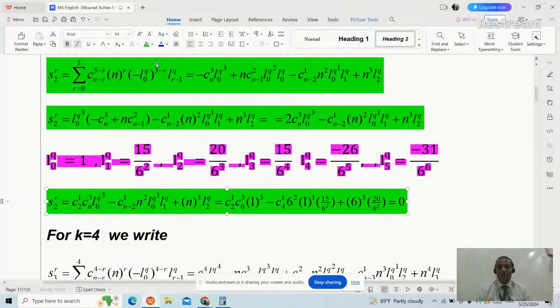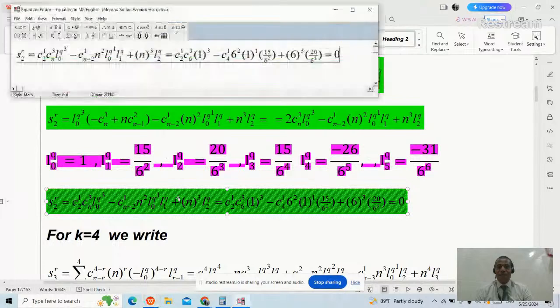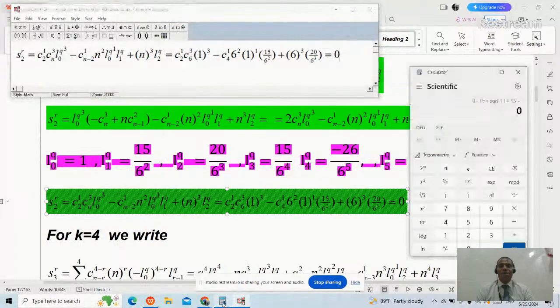Now I will just use my calculation. Where is the calculator? Okay, this is my calculator. Therefore, learners, I will start from this. I will write 2 times 20, minus 40 times 1 cubed, raised to the power 3, minus